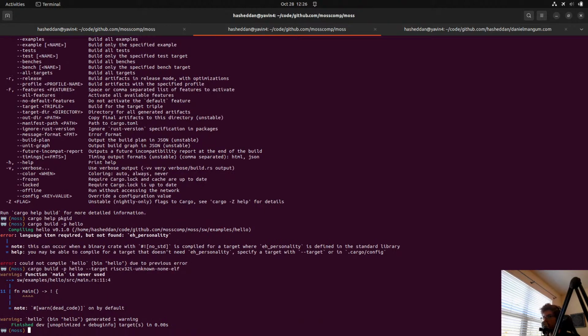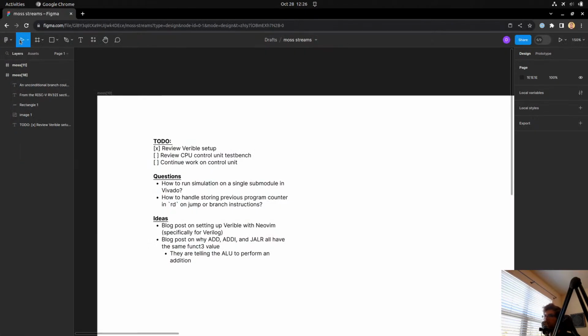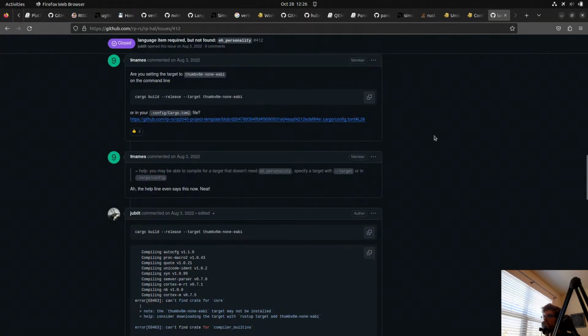So it seems like it's not considering the nested cargo config here.